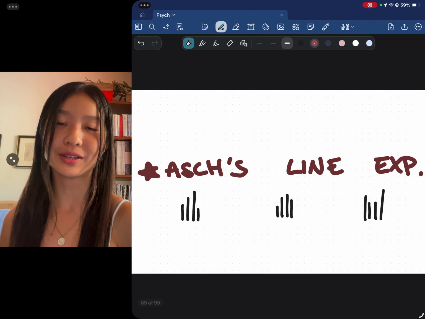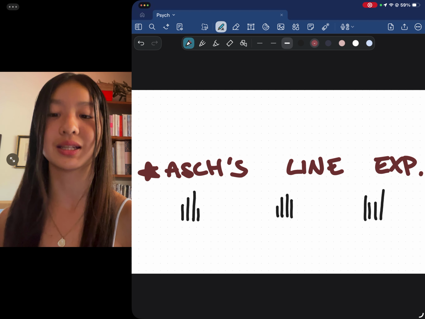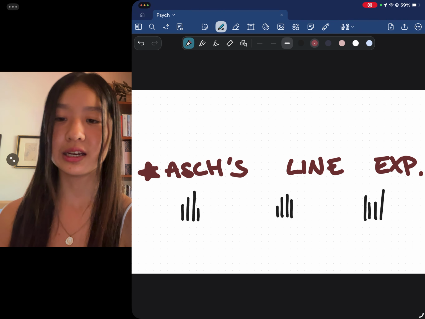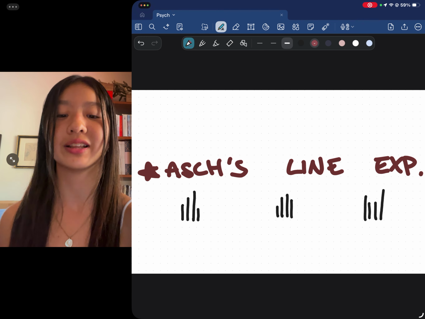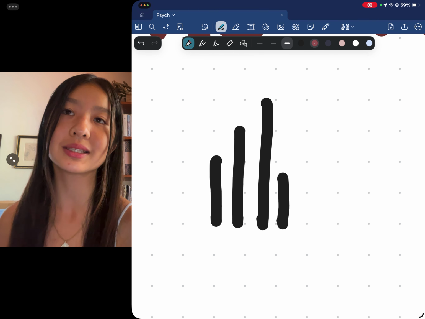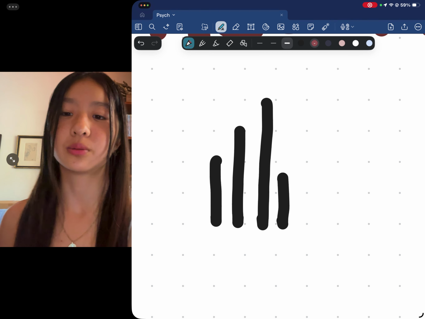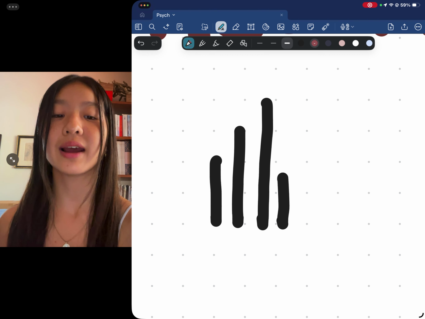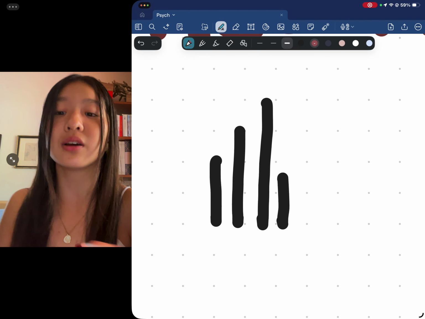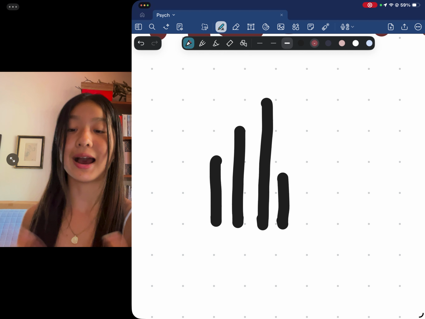And the most famous experiment to demonstrate conformity is Asch's line experiment, where participants were sat inside a room and there were several pictures of lines shown like this, and they would go down in a line. Say there were 5 participants and 4 of them were actors and 1 of them was an actual participant, and they were told that every time they would have to pick the longest line from 1 to 4, and we can see obviously the longest line is the 3rd one from the left,